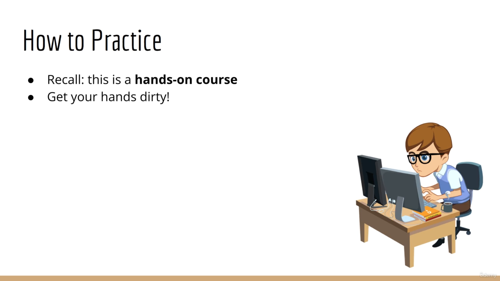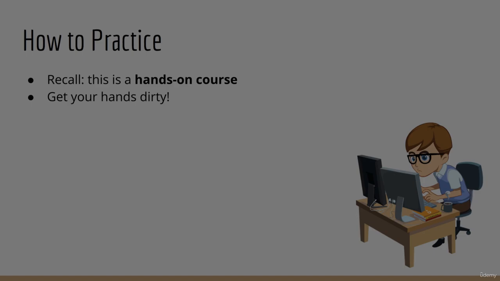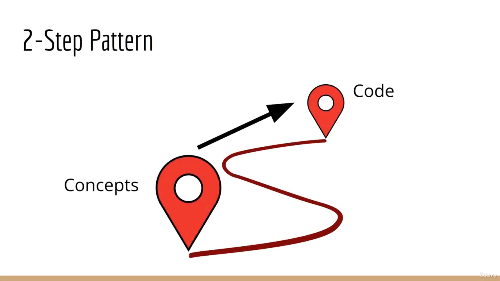So a few of you might be wondering, how does this work? So let's talk about how this works. Basically, the lectures in this course will proceed in a two-step pattern. The first step will always be to discuss the concepts. What's going on? What are we trying to accomplish? How does it work? And so on and so forth. That's the first step. The second step will be to implement those ideas in actual working code. This is where getting your hands dirty comes into play.